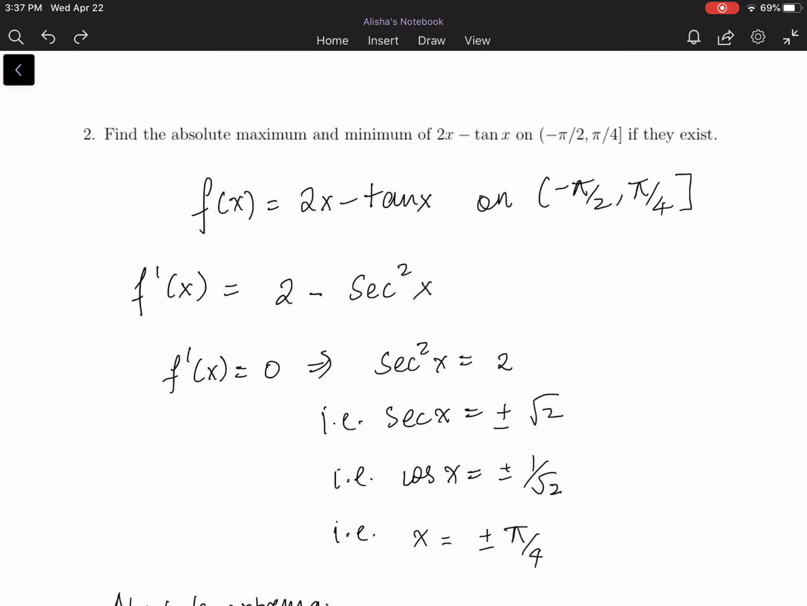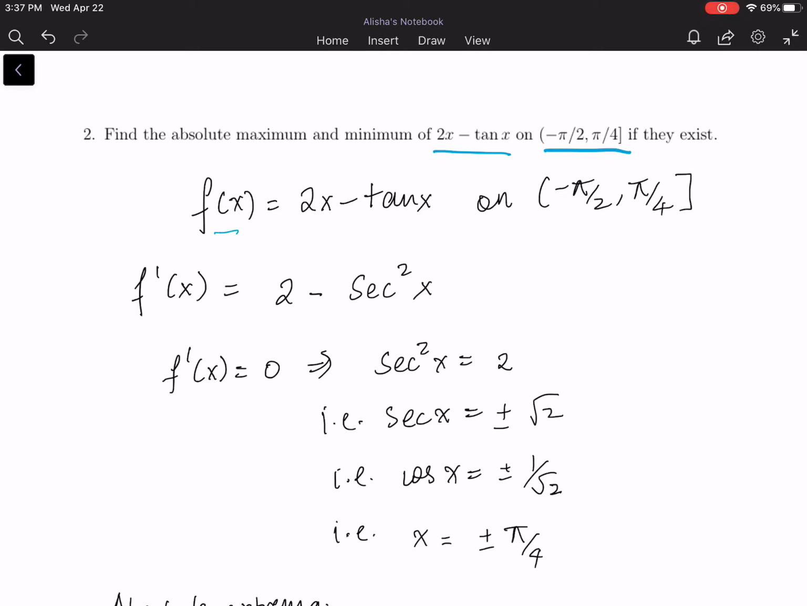Now let's take a look at question 2. So we are asked for the absolute max and min of this function for x values in this interval, if they exist. So I just named my function f of x,